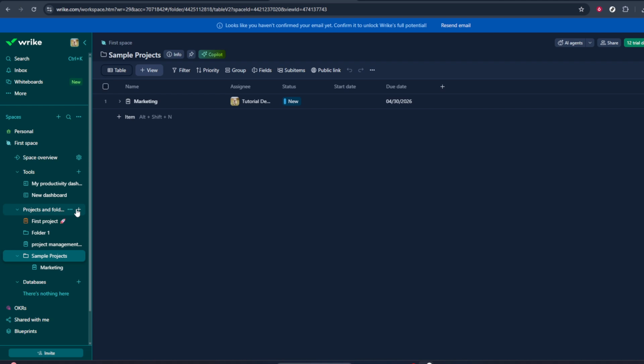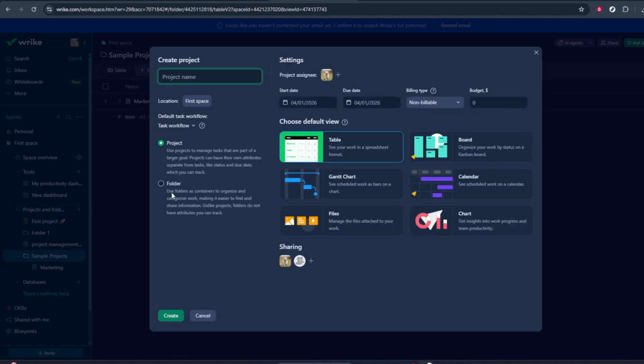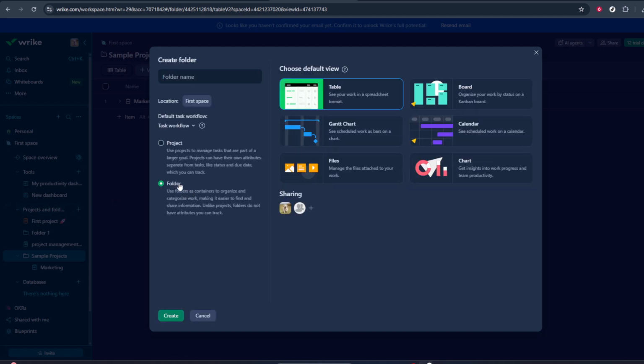When you do, Wrike will show you a small menu with different options. From this menu, choose the option labeled Folder. This tells Wrike that instead of creating a new project, you want to create a container that will hold and organize existing projects. Once you've clicked on Folder, a small window or field will appear asking you to enter a